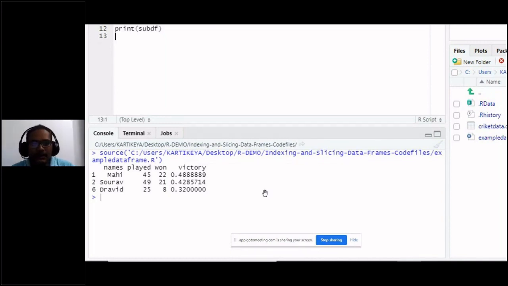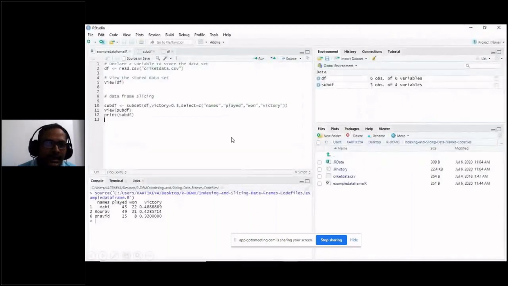Right? I think it is clear to you how to create a subset, and you can create that subset based on some conditions, and you can choose the number of columns or header values you want to display.